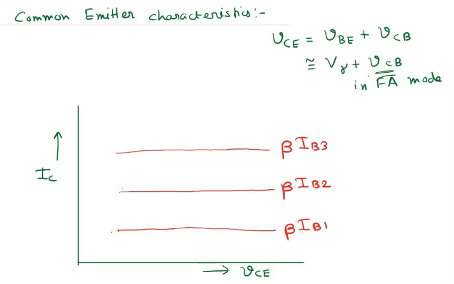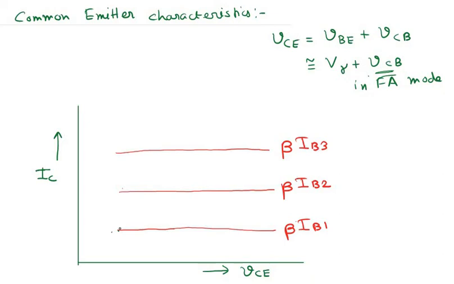So for sufficiently large values of VCE, the collector current does not vary with variation in the collector to emitter voltage. This is because the base to collector junction of the transistor is properly reverse biased, and if it is properly reverse biased, this means that the transistor is operating in the forward active mode, provided that the base to emitter junction is in a conducting state, and in the forward active mode the collector current does not vary with the collector voltage.